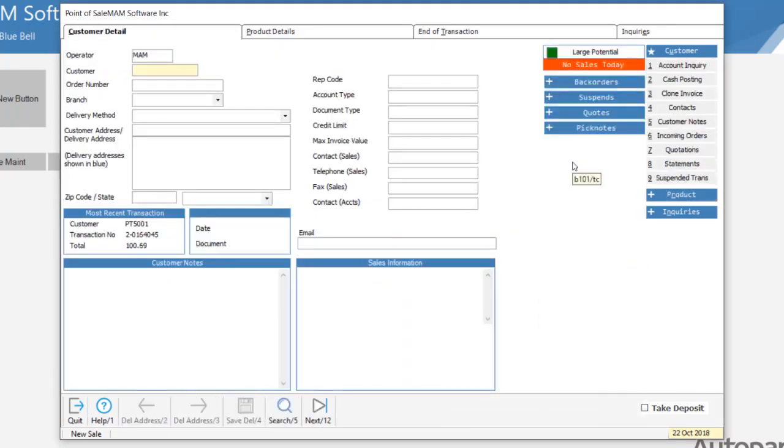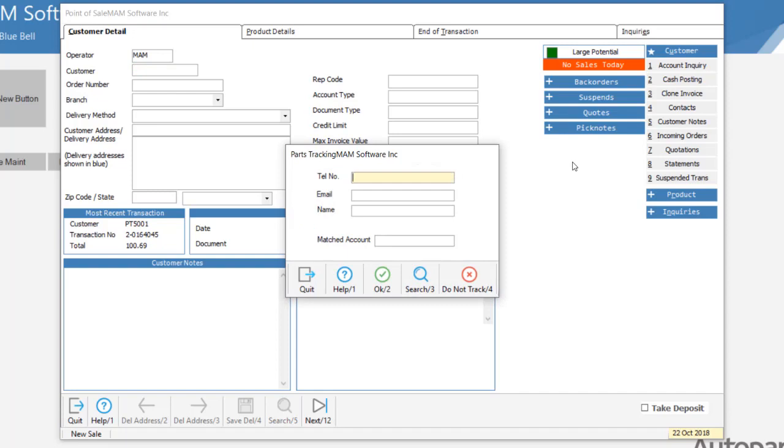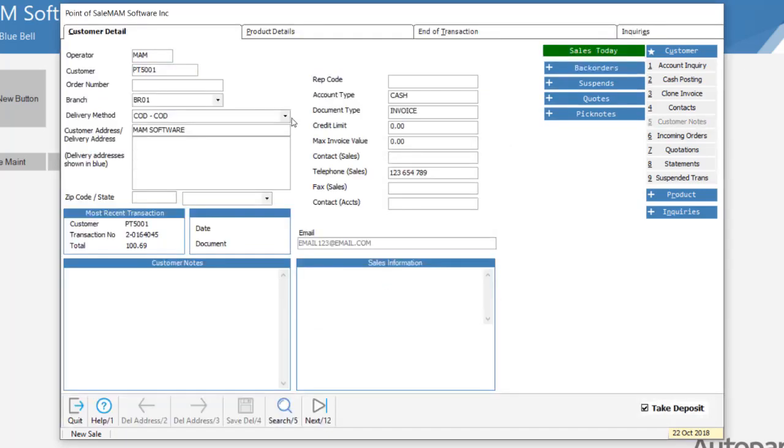so if I now want to bring that customer up again, I've got a couple of options. I can press Control T on the keyboard, and that's going to bring up the parts tracking screen. So it's going to allow me to enter any pieces of information the customer's able to supply. So let's go with the phone number. Once I tap off this or hit search on this field, you'll see that it now returns back the customer's account. So this allows us to then key another sale against this account,